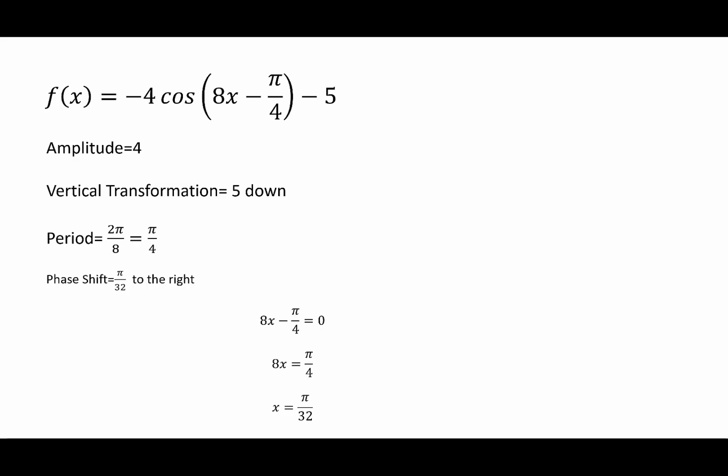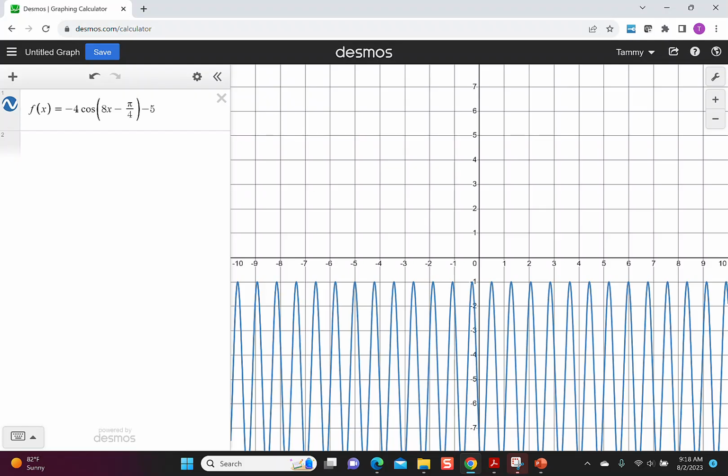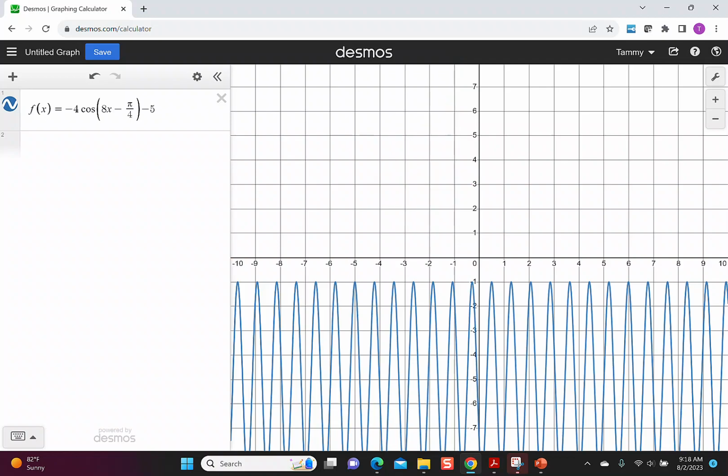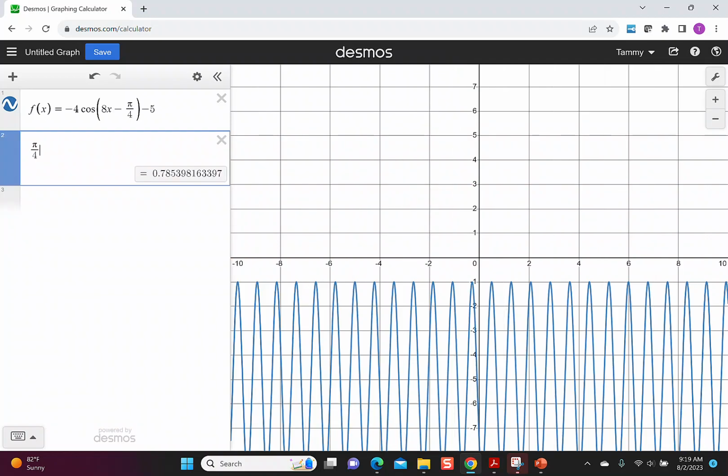Let's use Desmos to take a quick look at what the graph of this function will look like. I typed in f of x is negative 4 times the cosine of 8x minus pi over 4 minus 5. You can see the entire function is under the x-axis. That comes from the vertical transformation down 5. Earlier we said the period is pi over 4. To see the 4 pieces of the cosine function, we're going to divide that by 4 again,